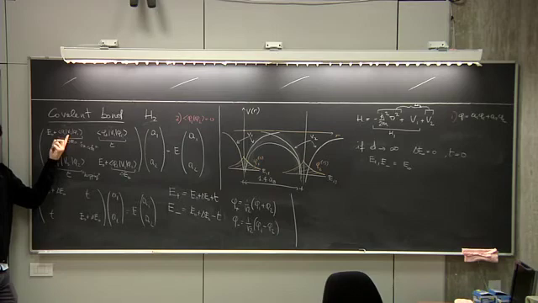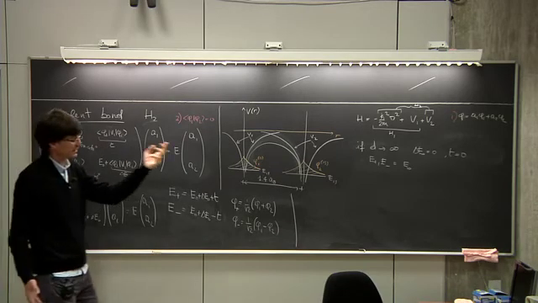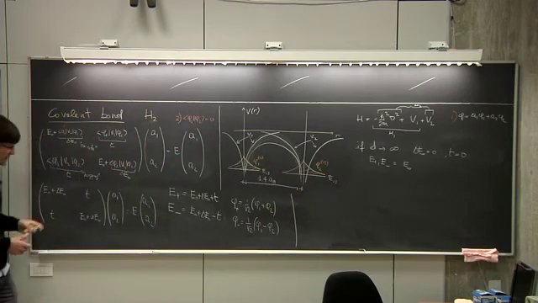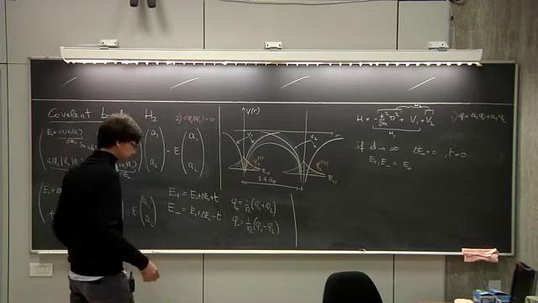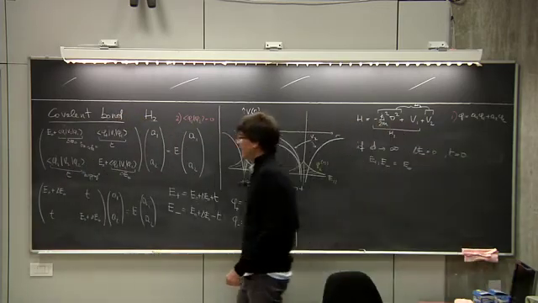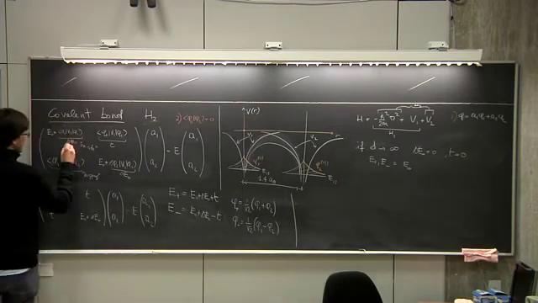V2, what can I say about V2? Whether it's Coulomb or whatever, it is an attractive potential, right? So this object is certainly negative. So what I can say, actually, is that delta